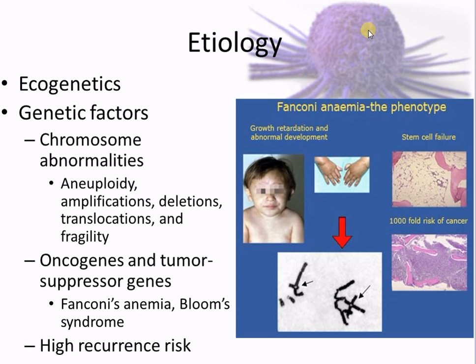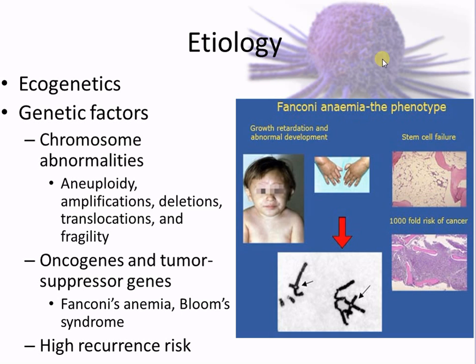All right. And then ecogenetics is kind of a buzzword again. It means environmental plus genetic factors. So it can be environment plus genetics. But some of the genetics are passed down from mom and dad. Some of it happens in utero. It was passed down from mom and dad. Usually you see it early in life, like retinoblastoma. And there's sometimes environment that also affects it too.